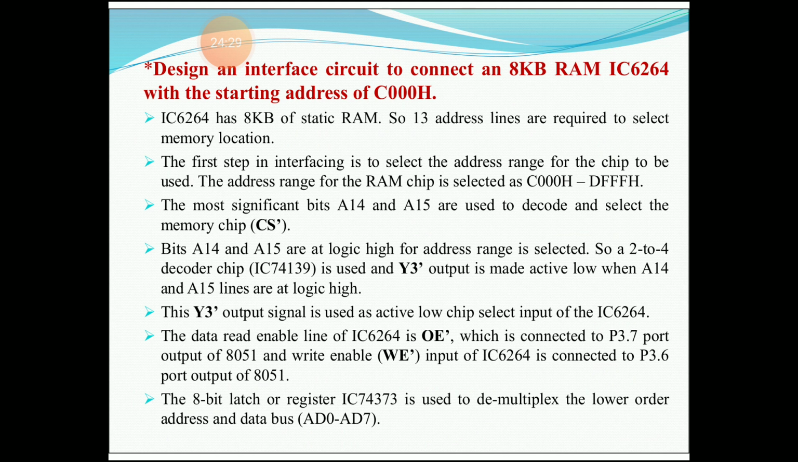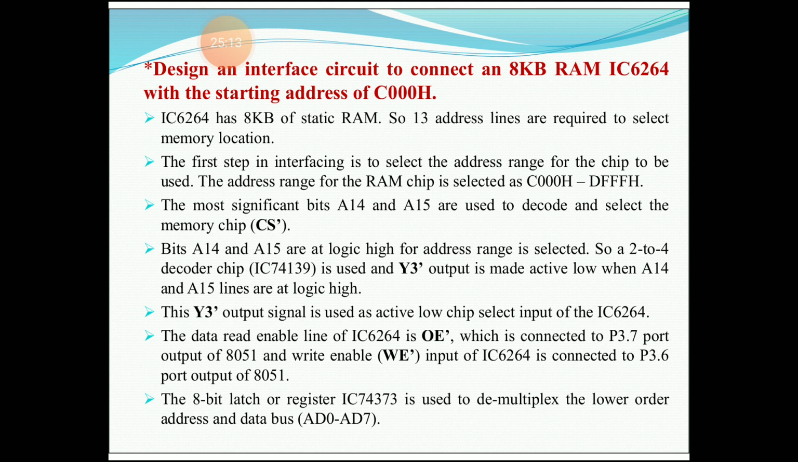Now let us consider one example: design an interface circuit to connect an 8 KB RAM chip, that is 6264, with starting address of that RAM C000H. The IC 6264 has 8 KB of static RAM, so 13 address lines are required to select the memory locations of the chip. The first step in interfacing is to select the address range for the chip to be used. The address range for the RAM chip is selected as